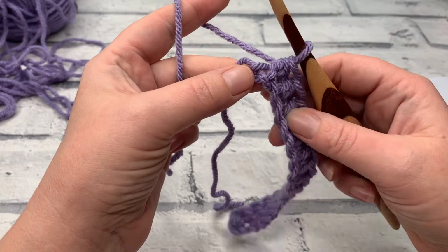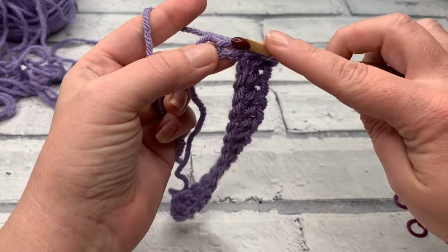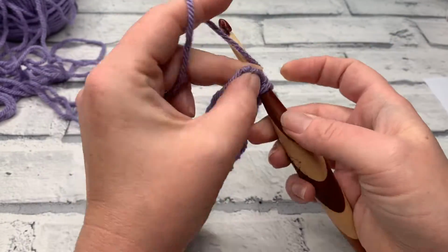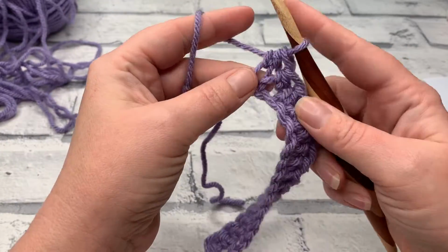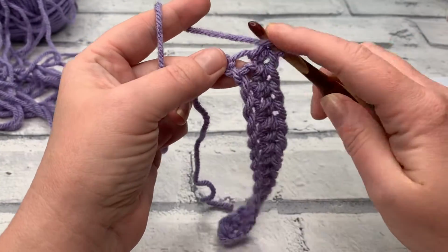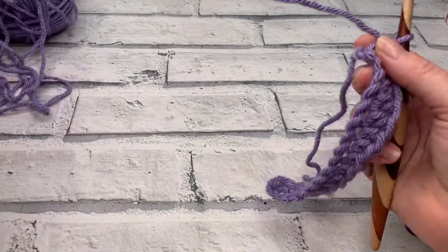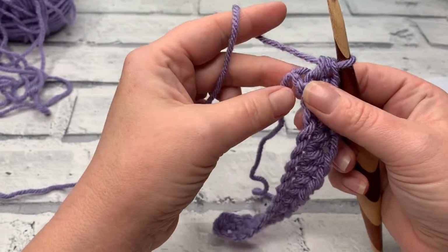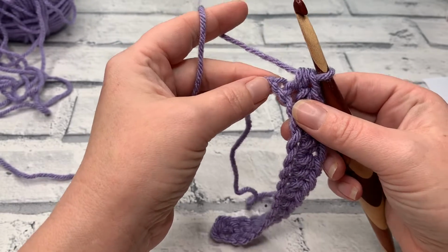We're then going to work 2 half double crochets into the next chain. So we yarn over and insert, yarn over, bring a loop up, yarn over, pull through all 3, and we go back into that same chain again, working a second half double crochet. Then into this last one where our slip knot is, we're going to work 4 half double crochets into that